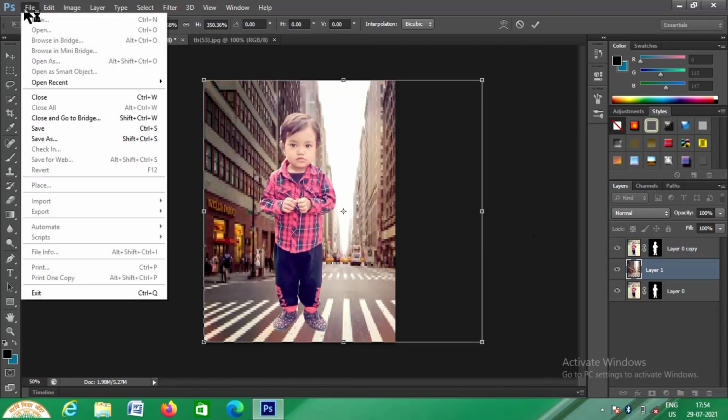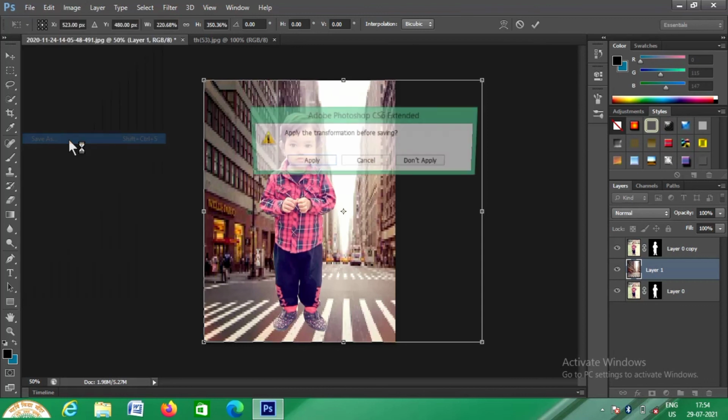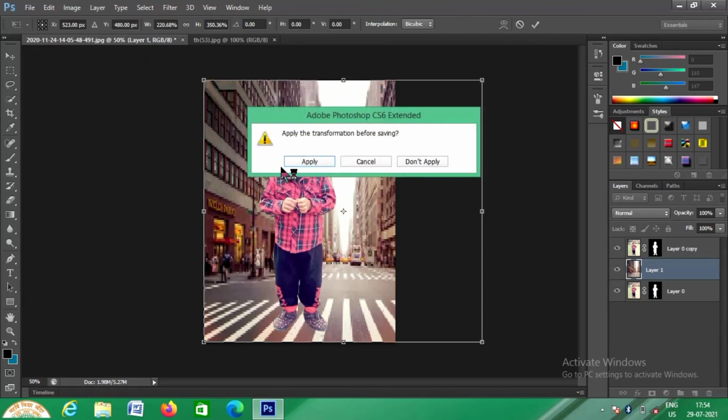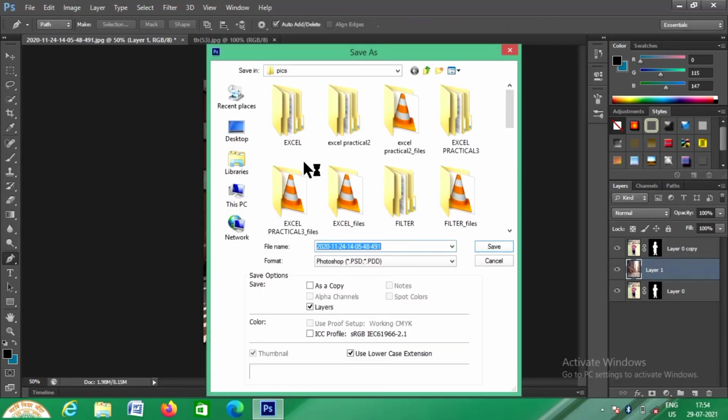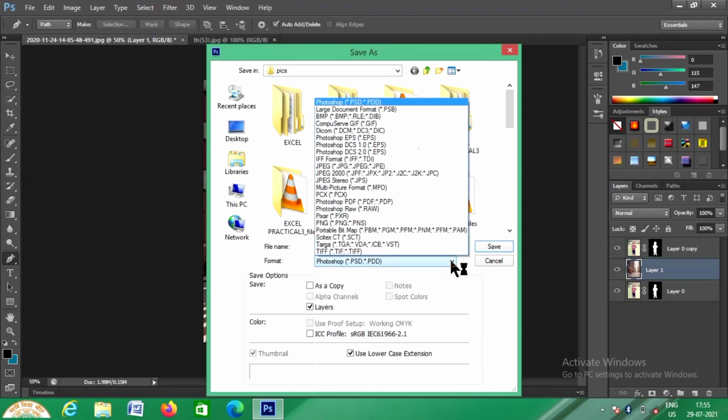So this is how students, you can see the baby's background has been changed, and it has changed into a very beautiful background. This is the way you can change the background. I have just shown you with a simple picture and a simple background. You can choose any picture. You can take your picture and try downloading another very nice background and try to do this.